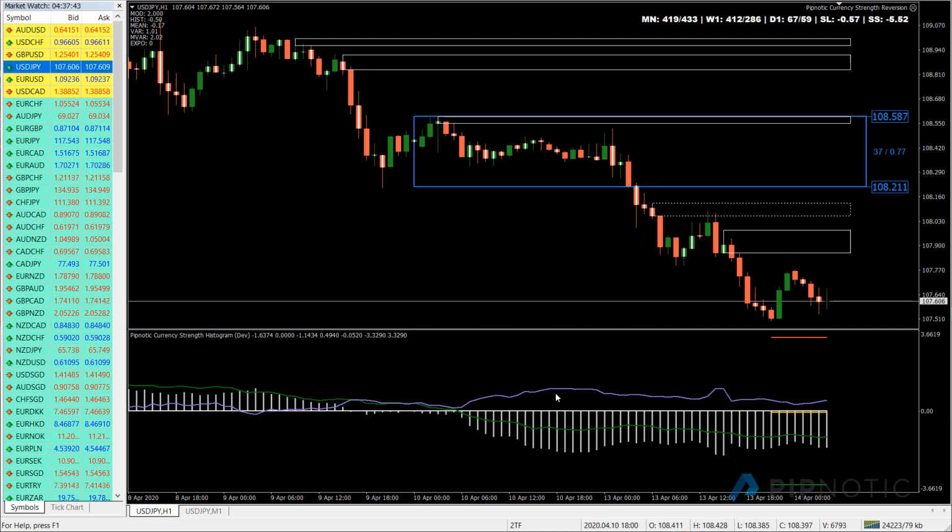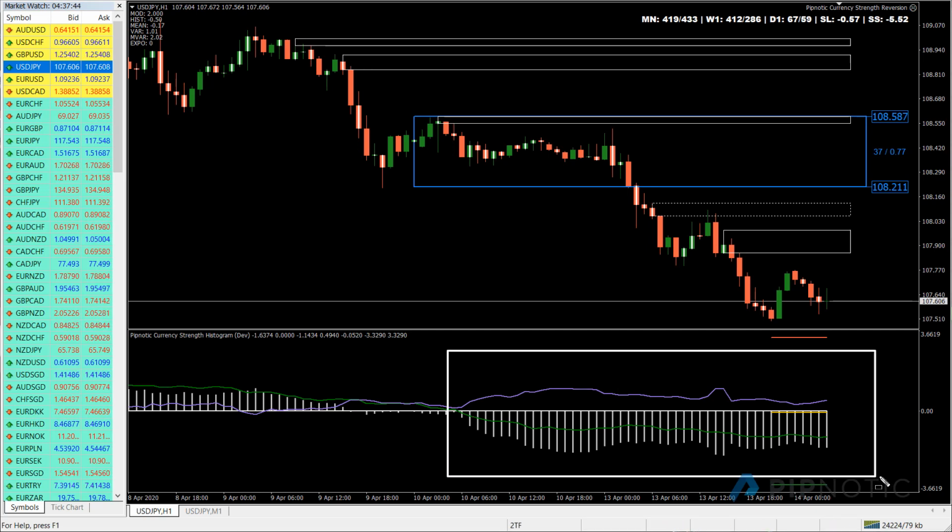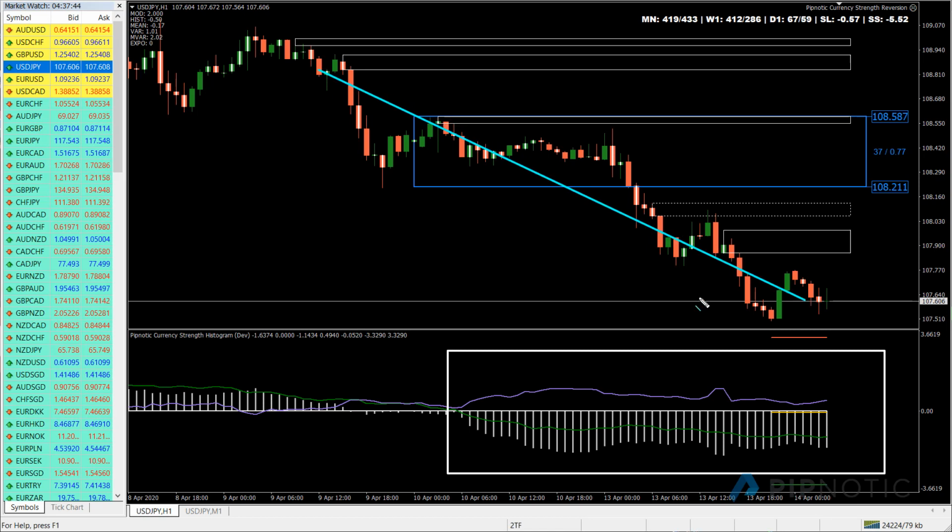Where's this currency pair going to go? Focusing on this, what's above the zero line? We have the Japanese yen that is above the zero line. We have the American dollar, which is below the zero line, and so we can expect this pair to move lower. And we were being told about this